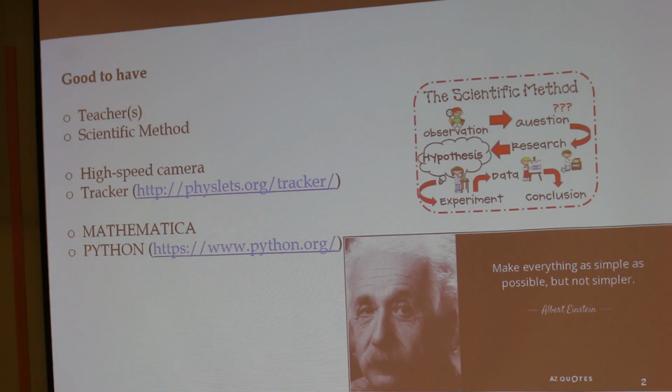That's good to have, right? First, teachers. So to all the teachers out there, it is important that you see this journey as something that you should take together with your students, because